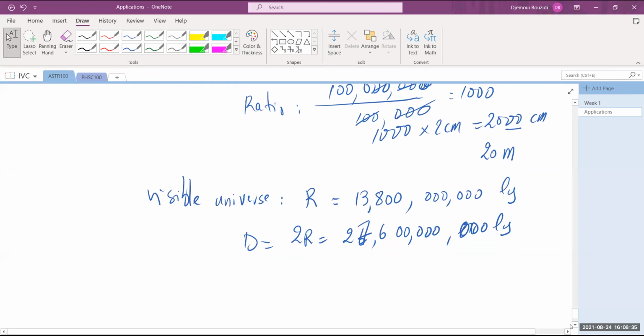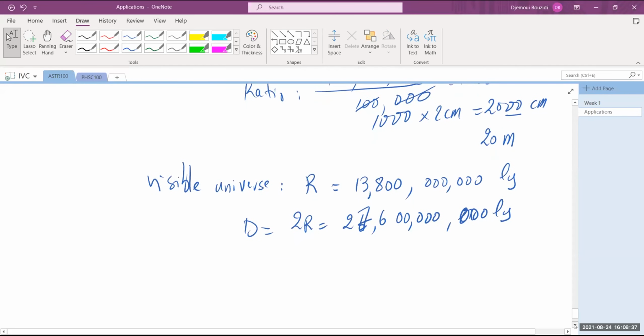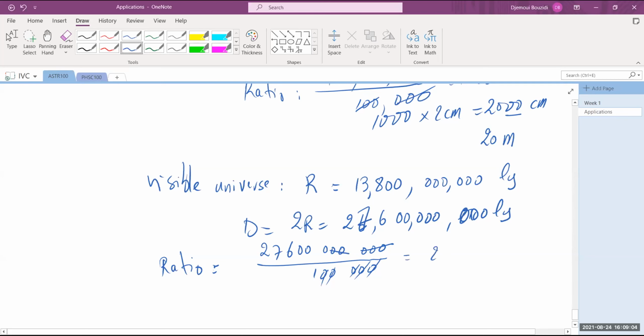So how big is the visible universe compared to the galaxy? So the ratio is going to be a ridiculous number. 27,600,000,000 divided by 100,000. That's the diameter of the galaxy. So these 3 zeros, these 5 zeros are gone with this one and this one. I'll be left with 276,000 times bigger